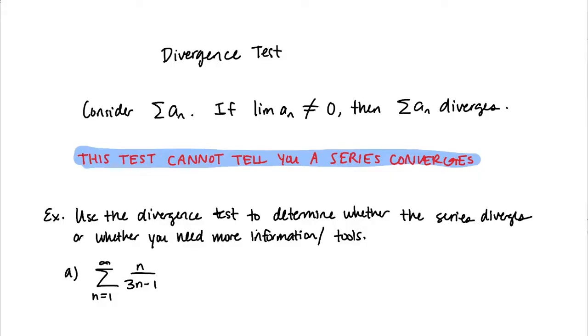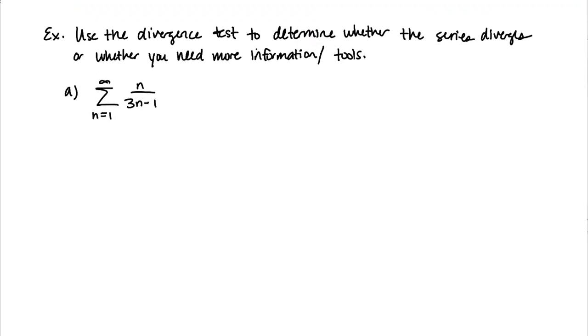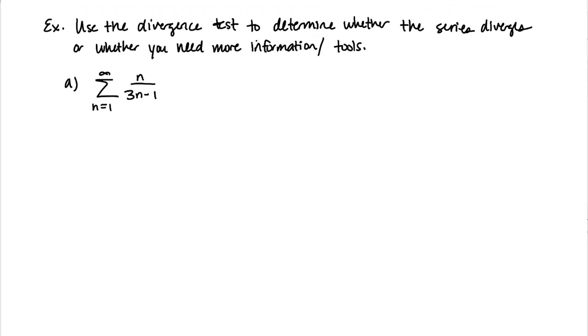Let's take a look at some examples. We're going to first use the divergence test to determine whether the series diverges or whether we need more information or tools. We'll start with the series n over 3n minus 1, going from 1 to infinity for our indices. Applying the divergence test, we take a look at the limit of the sequence, n over 3n minus 1. L'Hopital's would work. Another strategy, which I think is a bit quicker, is if we factor out the n from the numerator and the denominator,